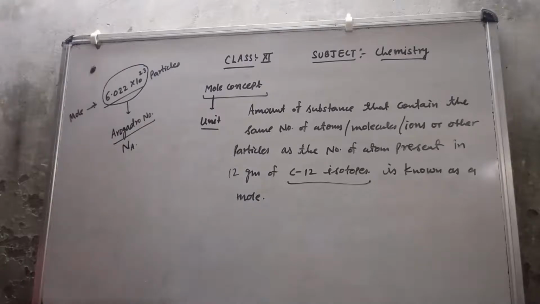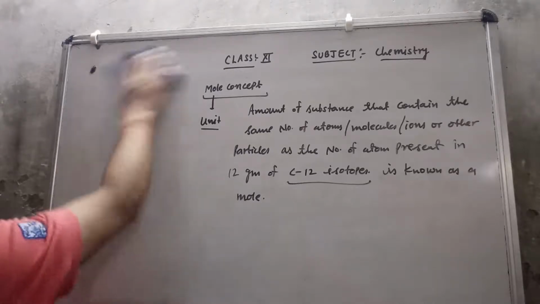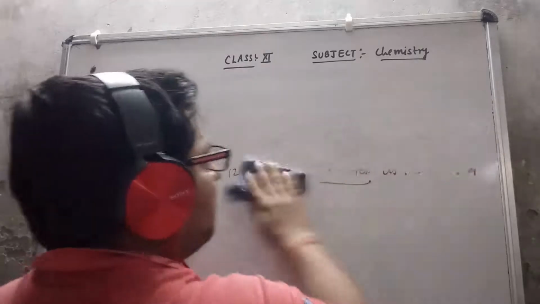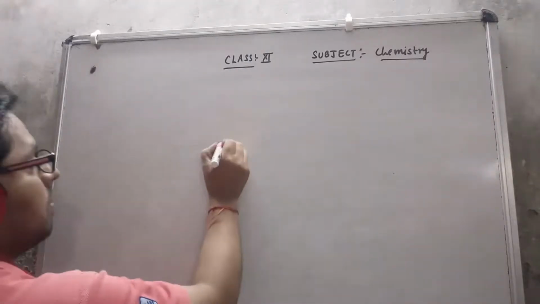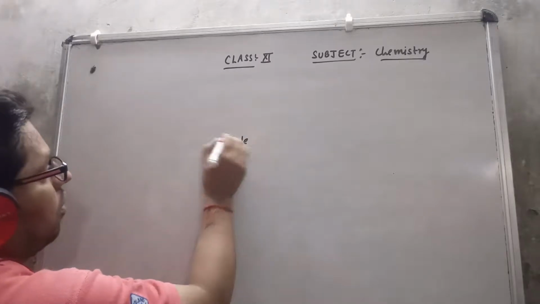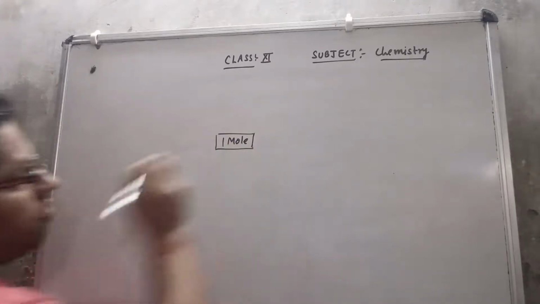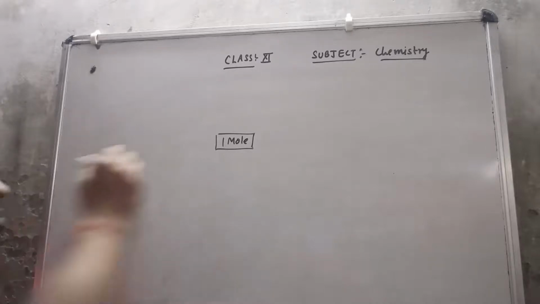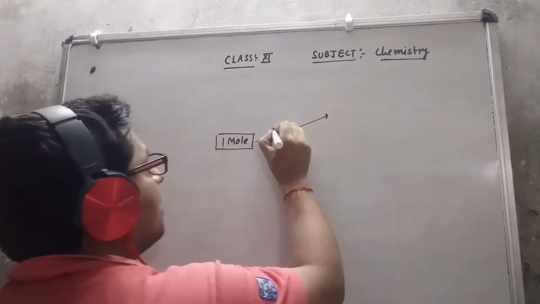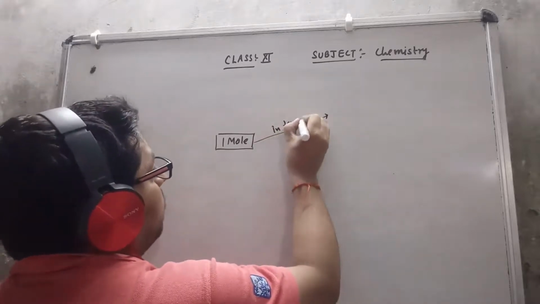Now I will discuss one flow chart related to the mole. So please be careful about this flow chart. Suppose this is 1 mole, and I want to convert that mole into liter. Suppose 1 mole is in terms of volume,